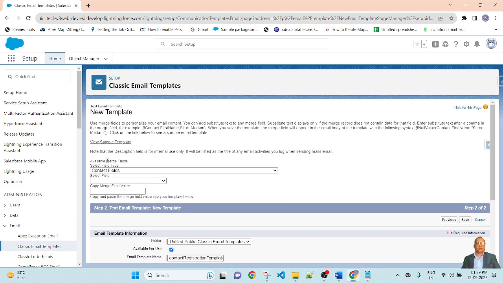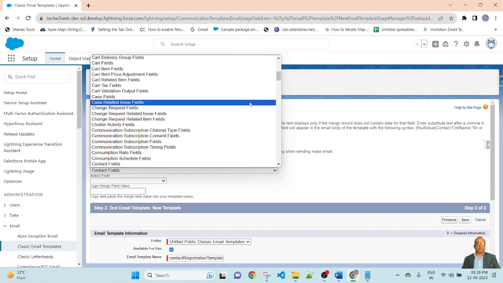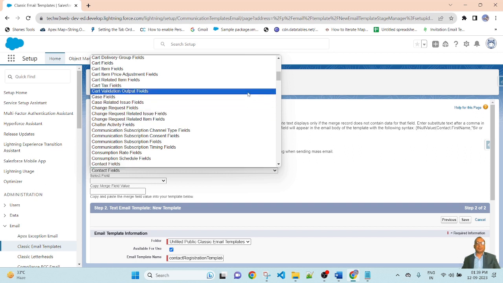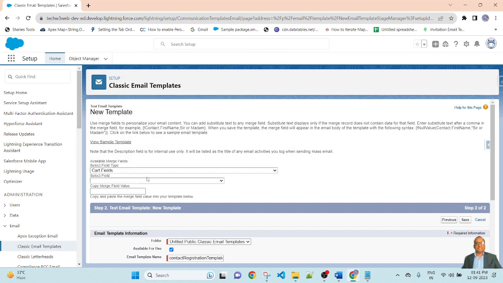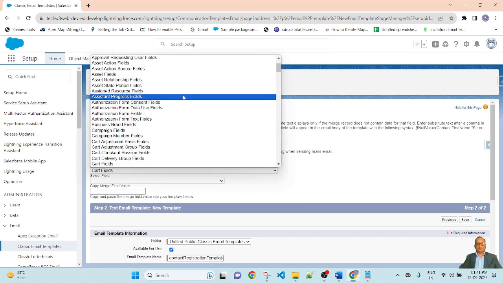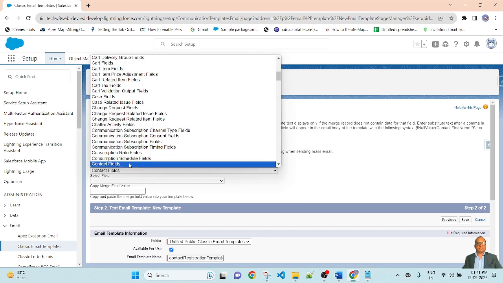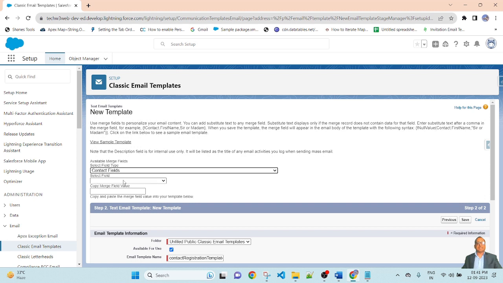So this is the contact field and this is the selected field. First select your field name. Here I am putting the name of the contact. Select the contact field here, and here select first name.